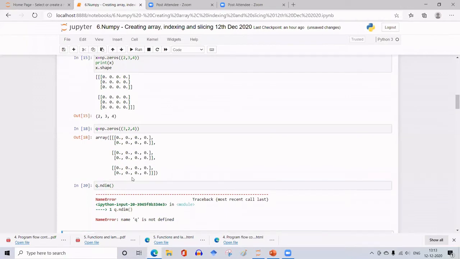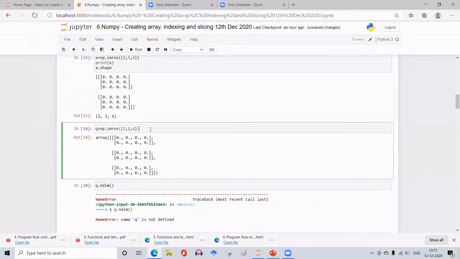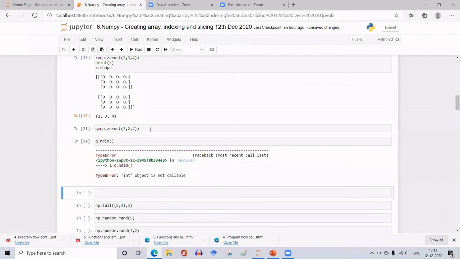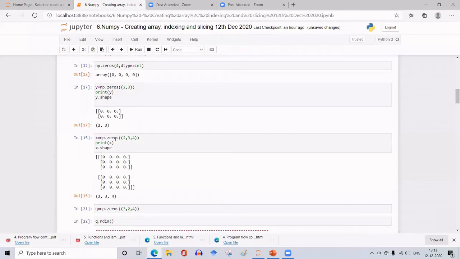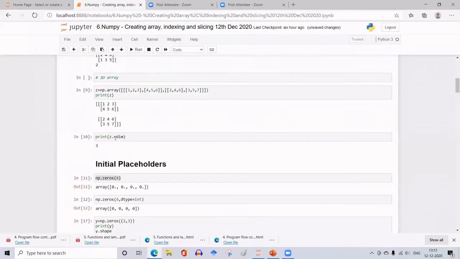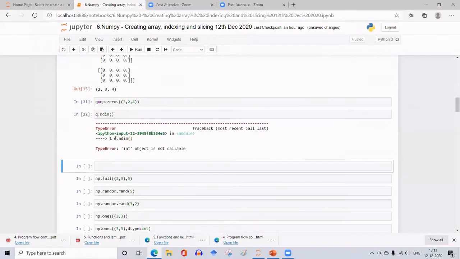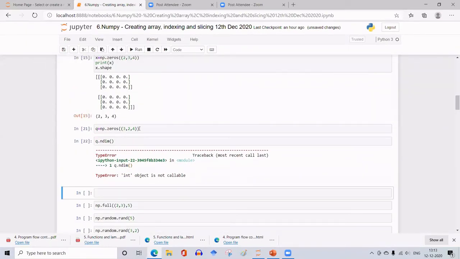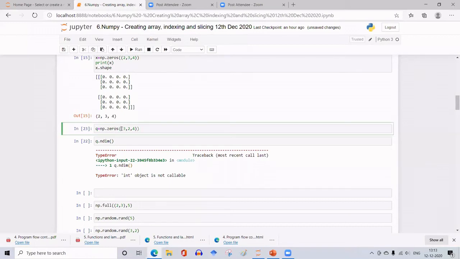Okay, this is fascinating, because here I have taken a tuple.